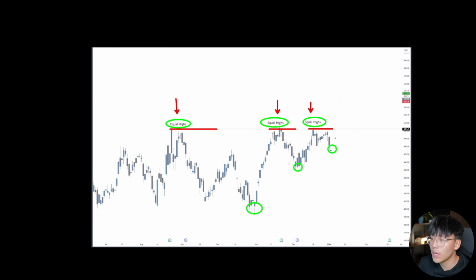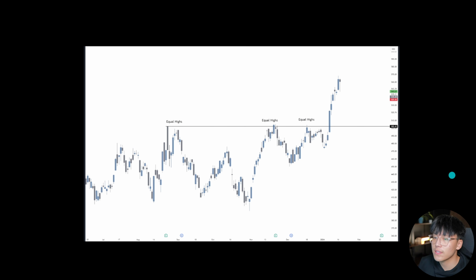What I'm expecting price to happen is we have a big push towards the upside if we can break above this key area, which is our 502. And you can see the very next slide, price broke above these key equal highs, and what happened? We had a monster push towards the upside, and I was able to capture this retest on the lower time